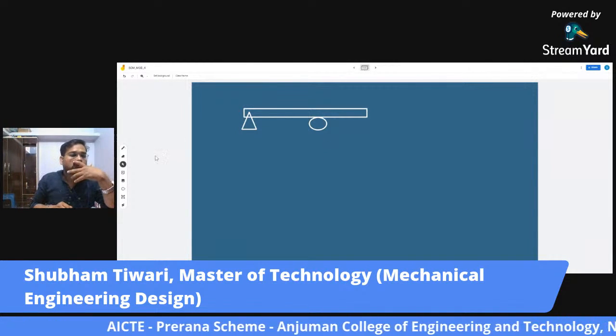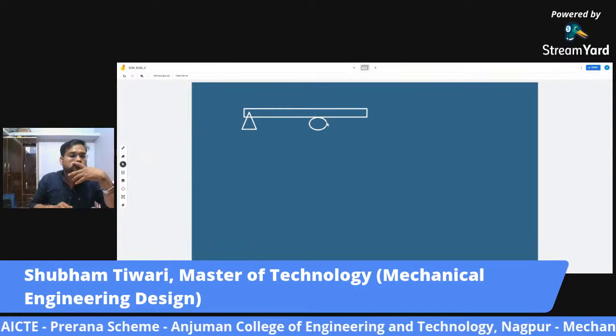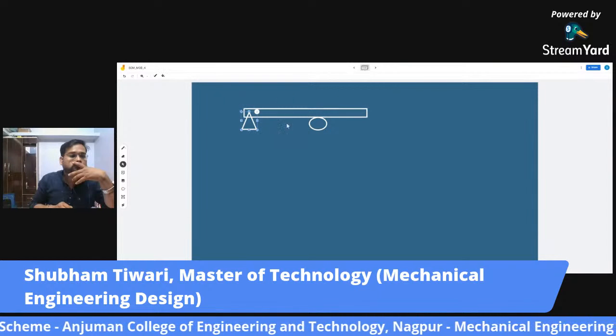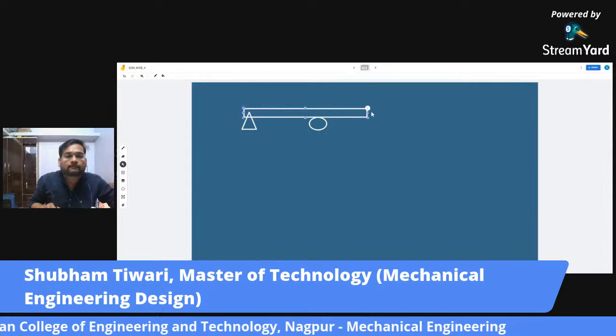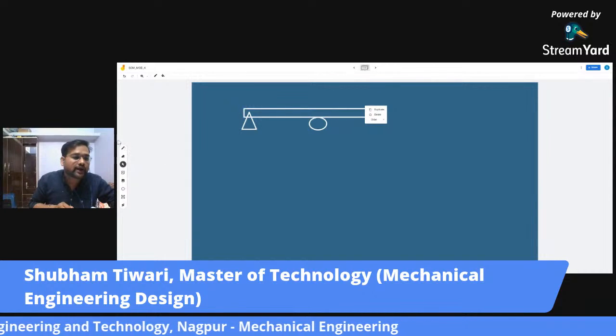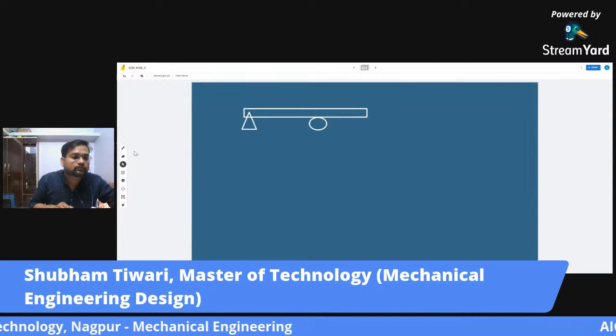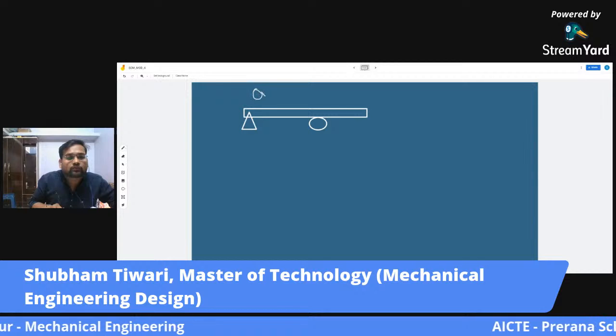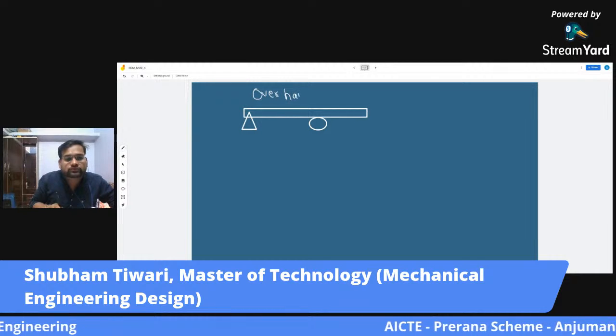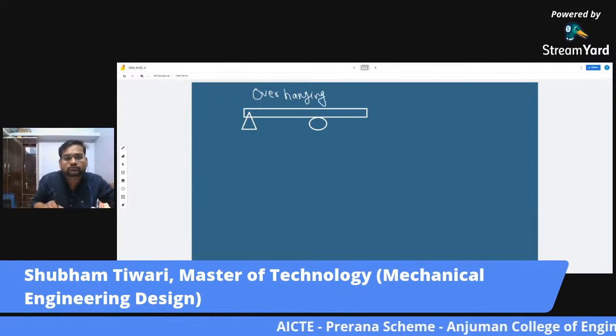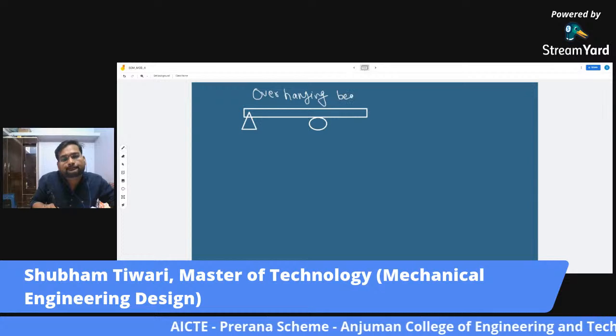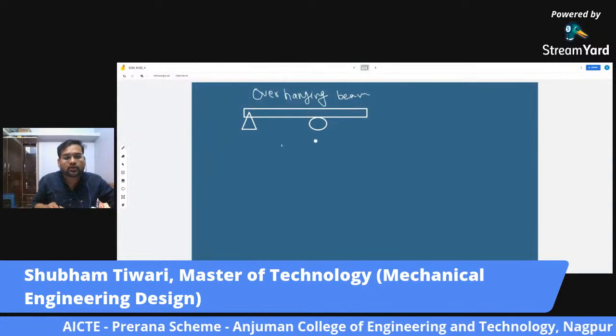So that is how it works. So this is known as an overhanging beam. So this is an overhanging beam,